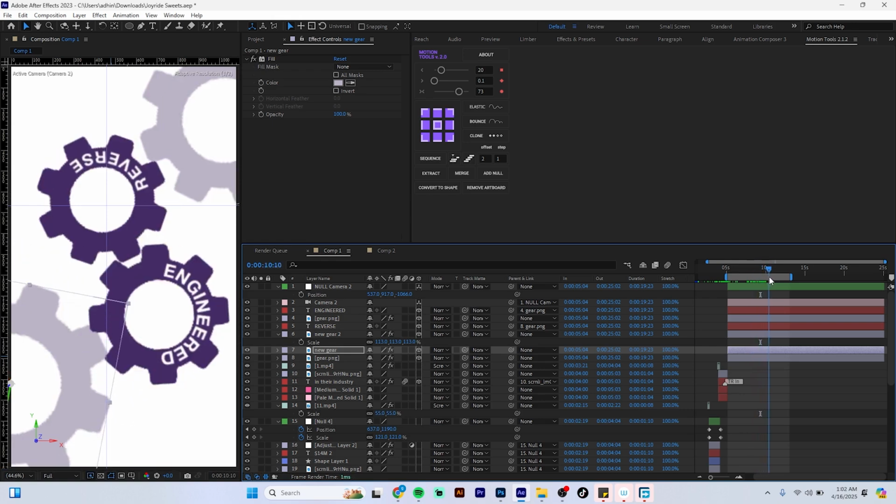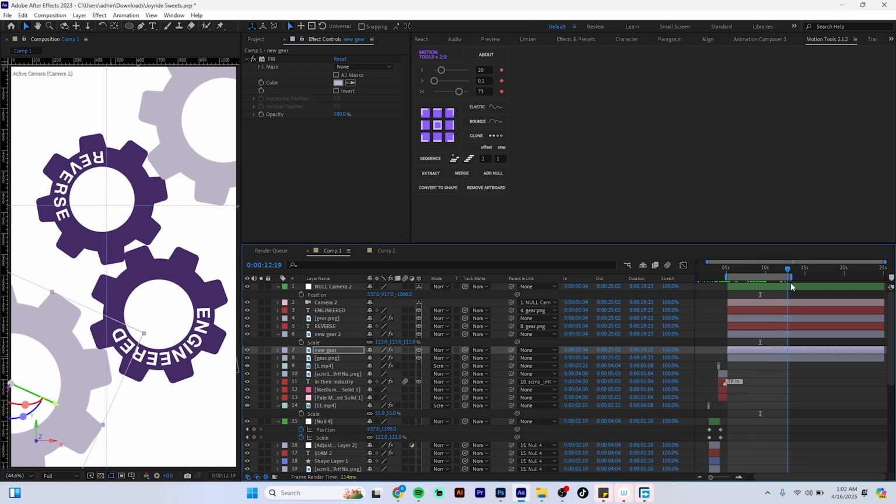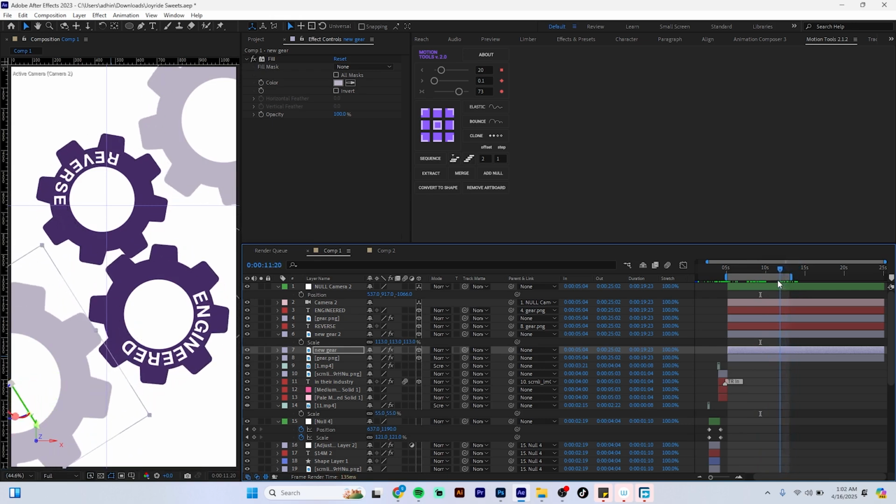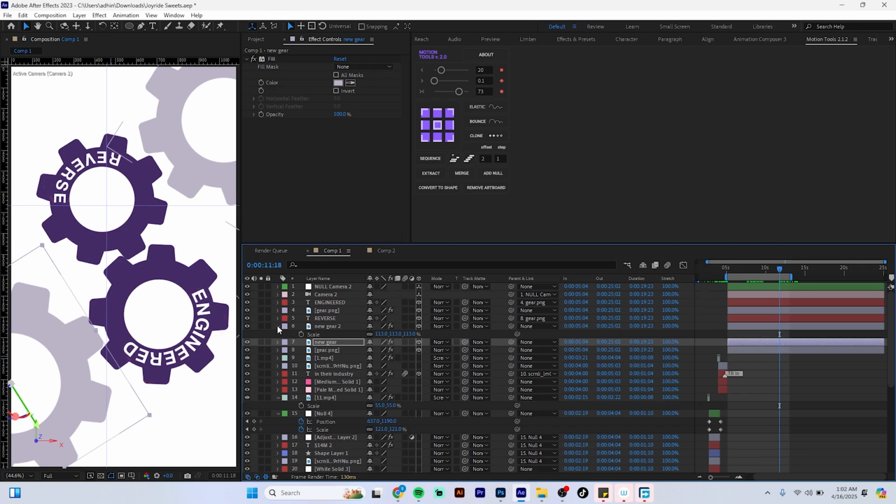Still touching. I wish I had gears with different teeth so that I could match them in, but unfortunately I don't have that